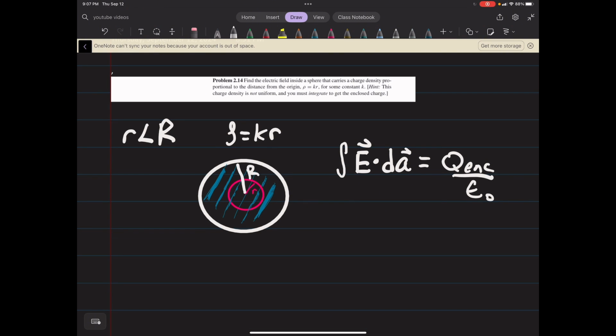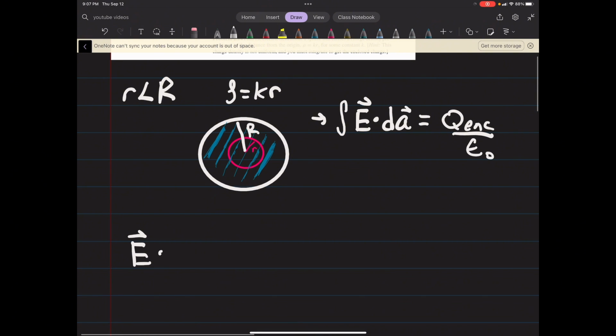So clearly this is going to be a Gauss's law problem. We have one of the symmetries that is helpful with Gauss's law, spherical symmetry. So we'll use Gauss's law. And on the left side of the equation, it's pretty straightforward. It'll just be the magnitude of your electric field times 4 pi little r squared. Remember that dA is coming from a little chunk of the sphere here. That's the surface area that we are including. And this is going to be equal to